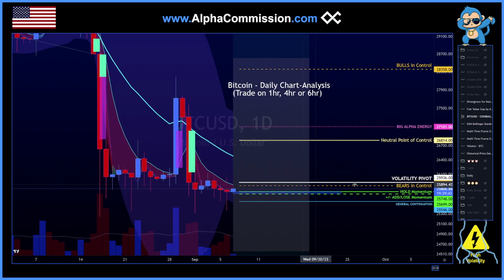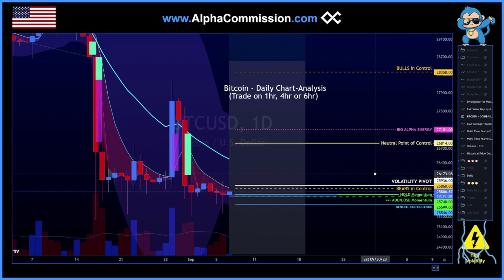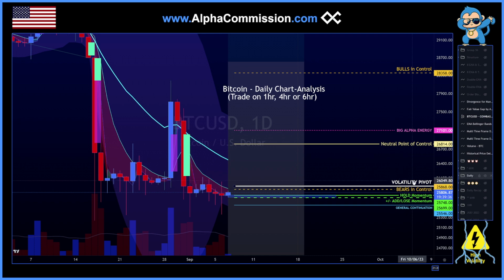So what we really want to do is have some type of confluence with more indications like the stochastic, and so we really are going to be looking for that volatility pivot to be held outside of the bearish control zone. Now, in doing so, we will have set up a squeeze on the 6 hour, which could then lead into just kind of a half squeeze on the daily, which could take us up to that $26,400 area where we might get rejected by the Bollinger Band's midline on the daily there,